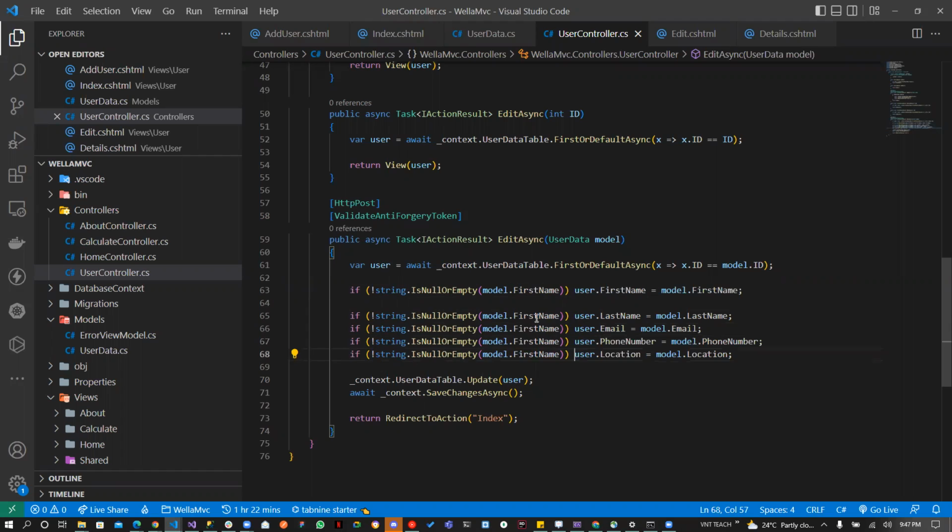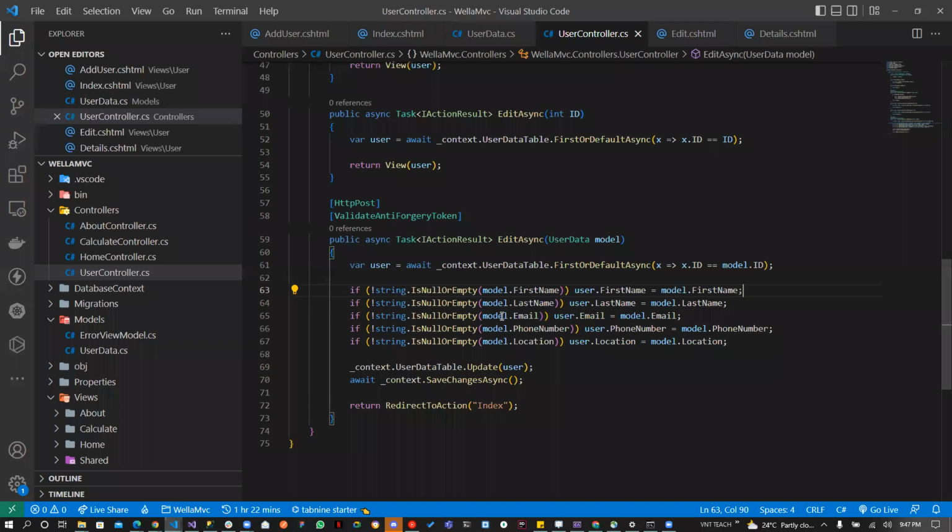Right? So I'm going to say last name, email, phone number, location, right? So what I'm saying is, if someone were to now say they want to update it with an empty string or something, then it's going to confirm, right? So if it's null or empty, it's going to ignore everything and then update it back with the same user, right? So this is just a way of even making it more secure. But there are other ways to do this, but that's fine. So I'm going to just go to the next